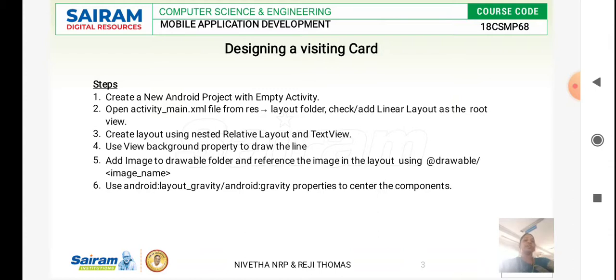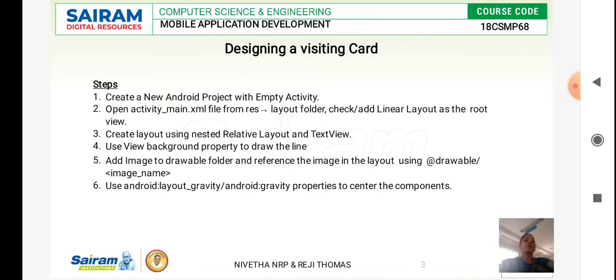In the layout, you can choose the image to be inserted, and you can alter the location of the image. You can give the specification of where the image has to be placed. These are all the features already available in Android Studio. So what we do here is create a new project in Android Studio.